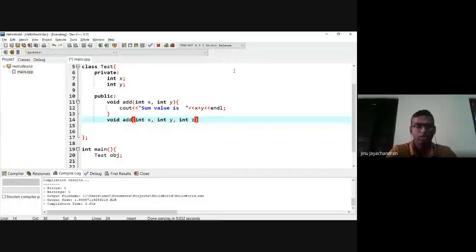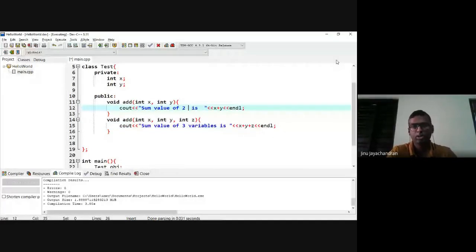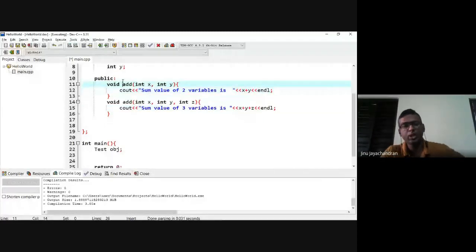Then cout, sum value of three variables is x plus y plus z. Here the sum value of two variables is x plus y. Okay, so if you see this, you have given the same function name.